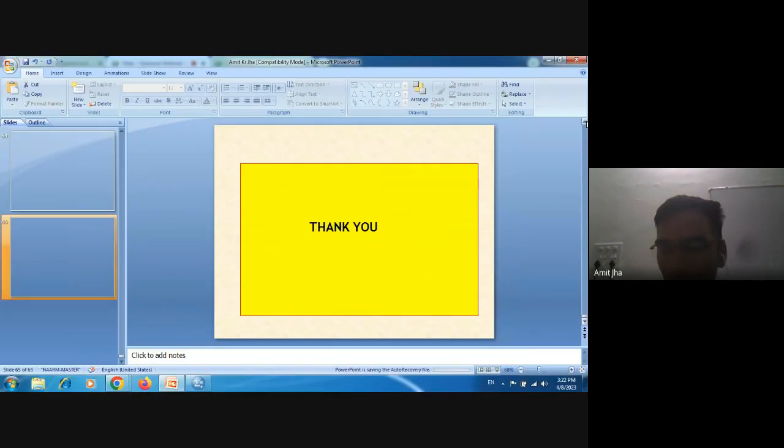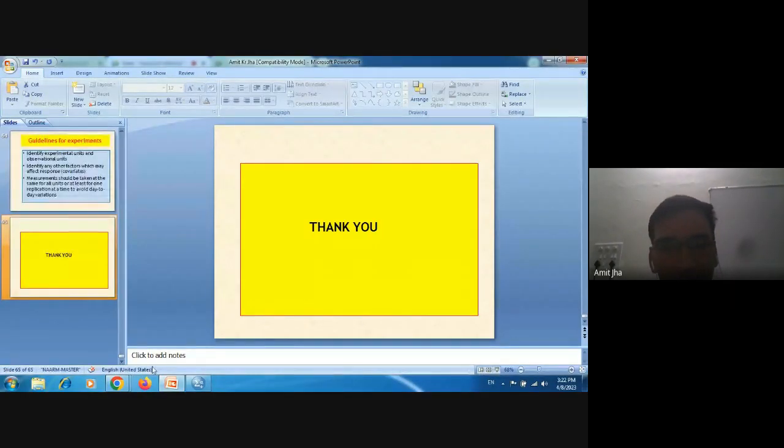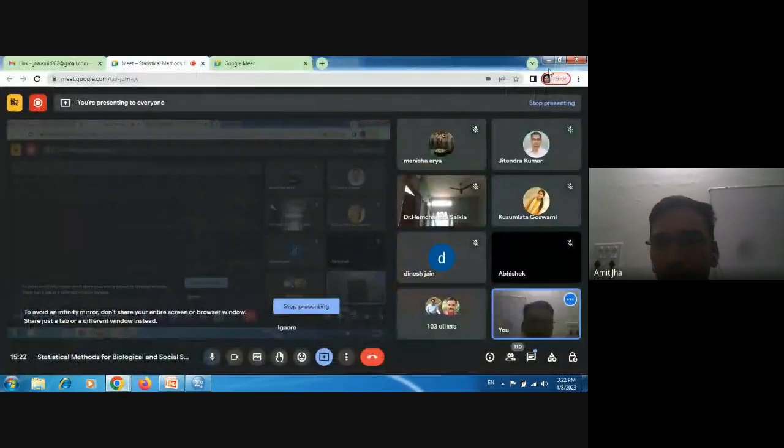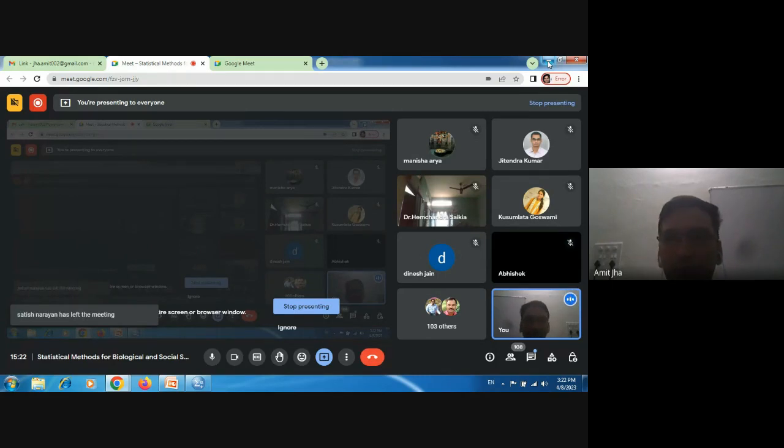And we will go for some software like SPSS, which we will use for finding out how we do the independent t-test, paired t-test, and one-way ANOVA. That we will be doing. So first let me